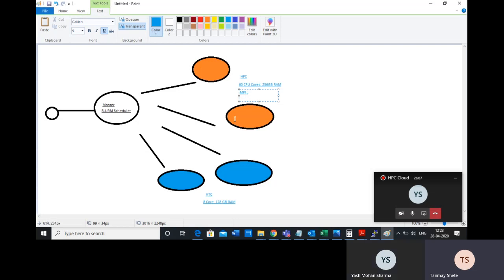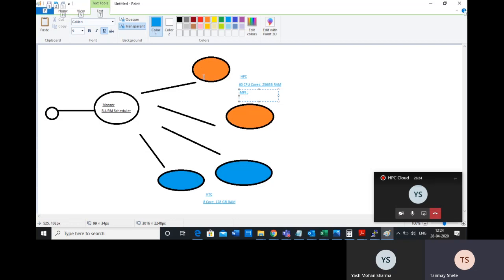So whenever you're selecting a machine, you consider these aspects, which machine to select. For example, suppose you are going to run on 12 cores or 12 CPUs, right? Yes. Whether I should select this machine or this machine, or these two machines together. So you have to take an intelligent decision.